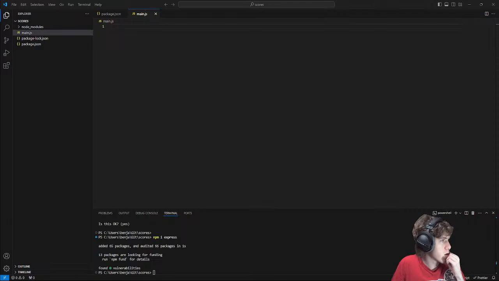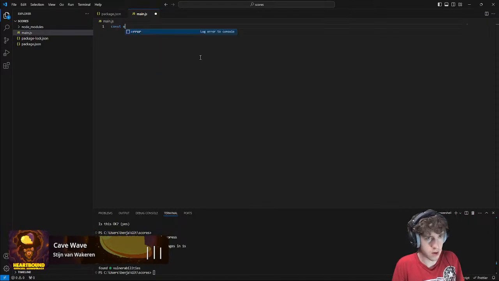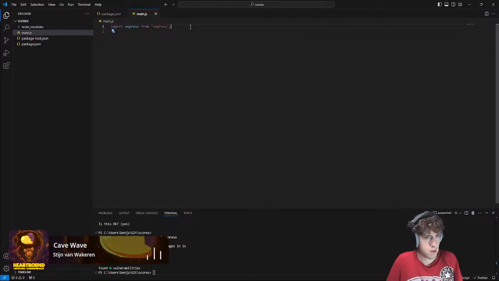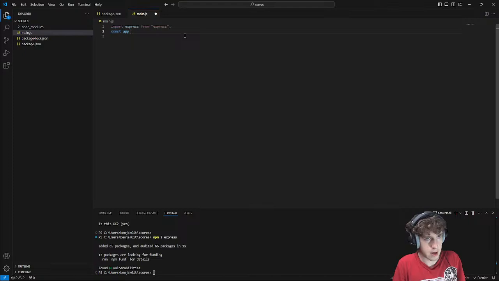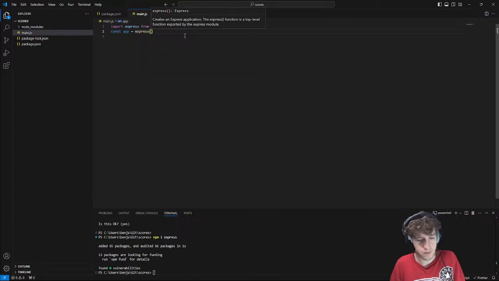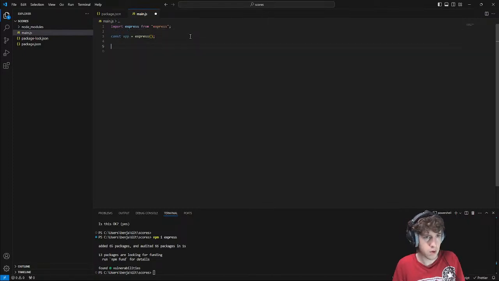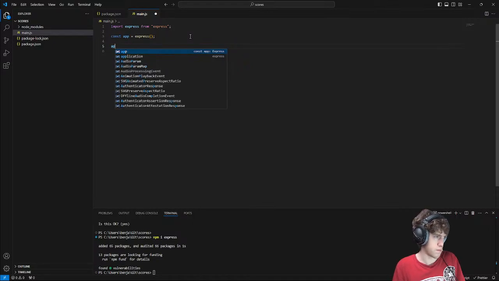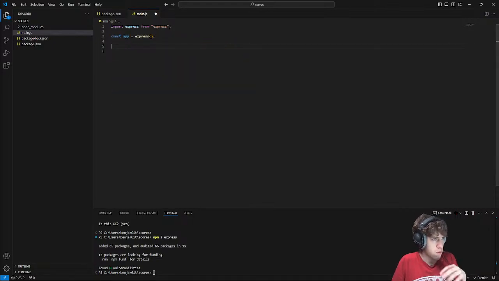And then I need to set up some routes for Express. So to do that, const express, or import express from express, and then const app equals express. And I'm going to want to listen on the port number, which I can just define in a variable.